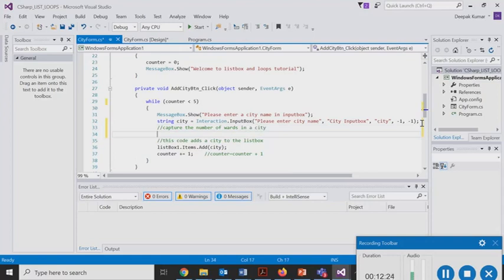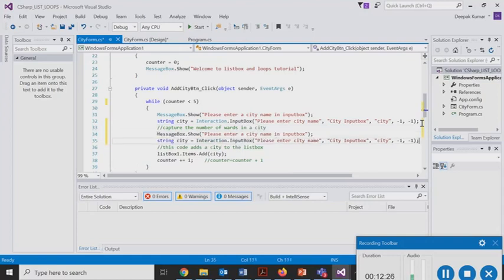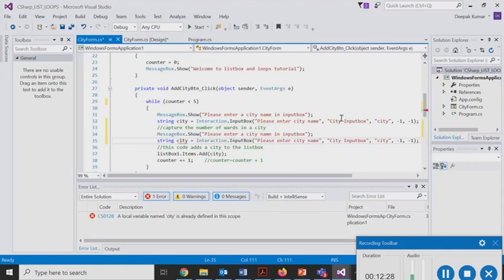So basically this is the code here. We'll just change this to please enter number of wards in the input box.